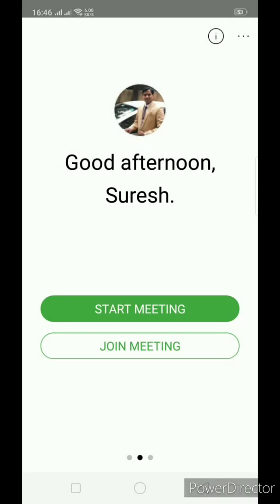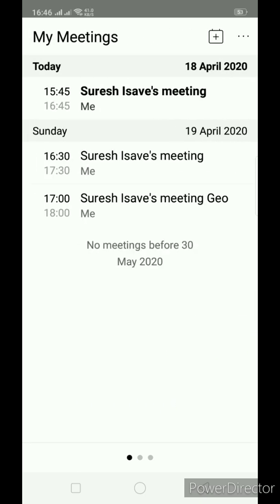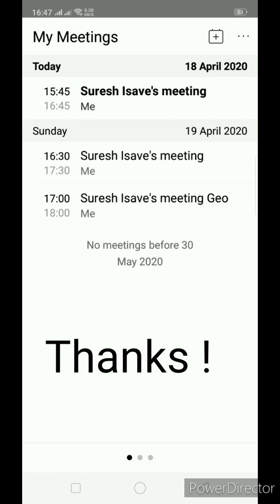Even though this app is free for certain limits, whatever is required to communicate with the students, I think this app has sufficient features and we can use it as an online classroom app. Before using, just go through the privacy and data policy of the app, see what permissions they are asking, think about it, and also communicate it to the parents. And you can use this app as one of your classroom teaching and learning apps.